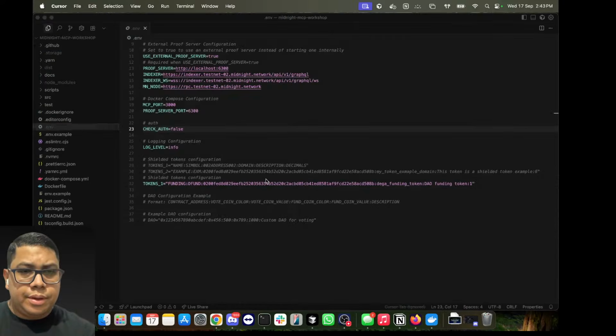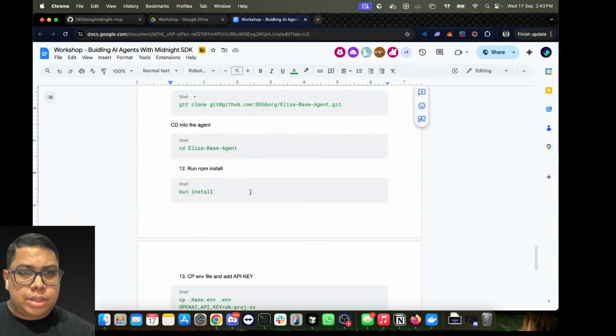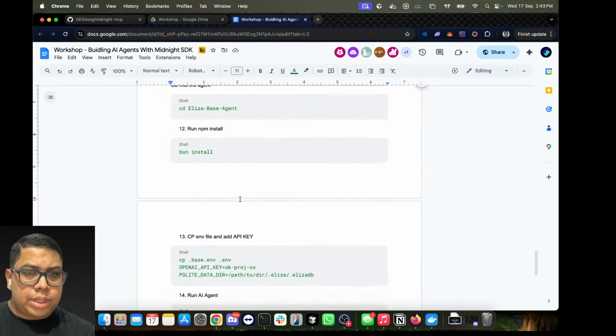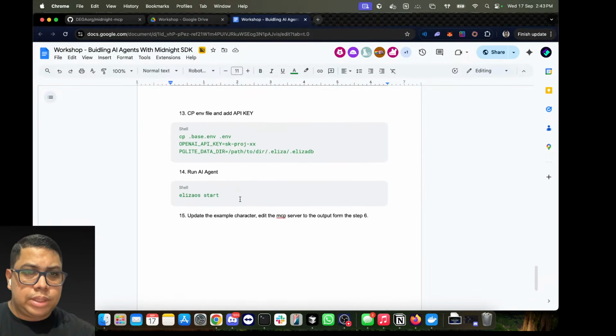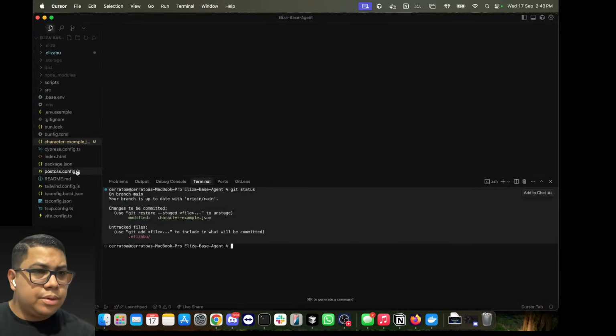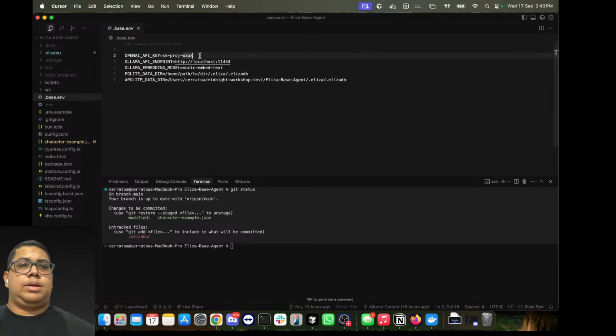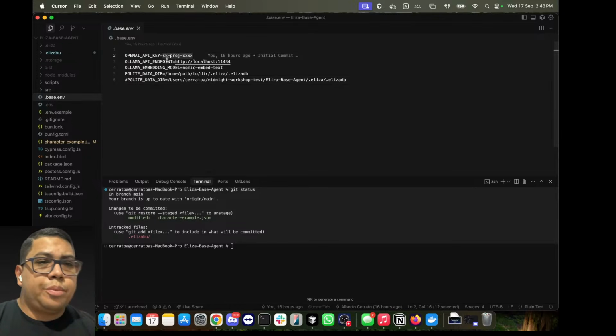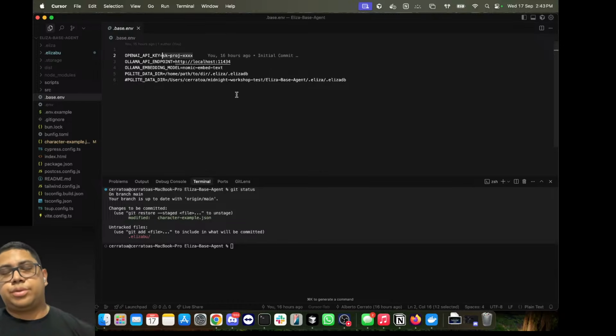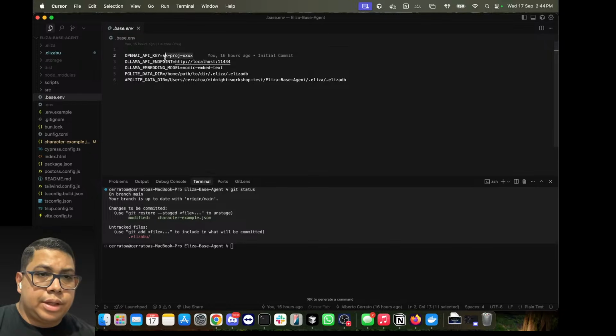Okay, so in here, after we clone, we do bun install, which is going to install the dependencies. From there, we copy the base env into the env, so I can show you the base. In the base, you need to add your OpenAI key. In this case, I'm using OpenAI. Of course, you can configure this to work with many other LLMs, and even local LLMs if you have a local LLM running. The main takeaway here is update the API key. That's one thing. And secondly, update